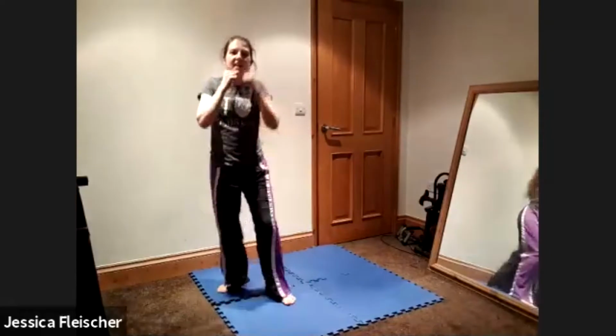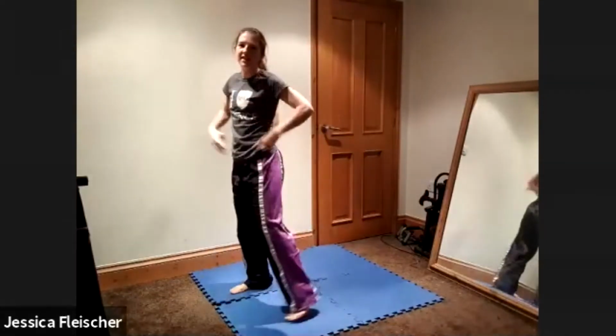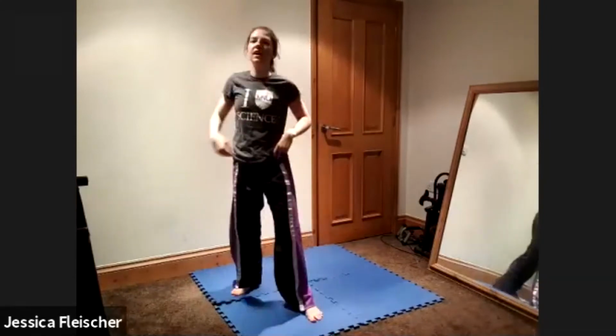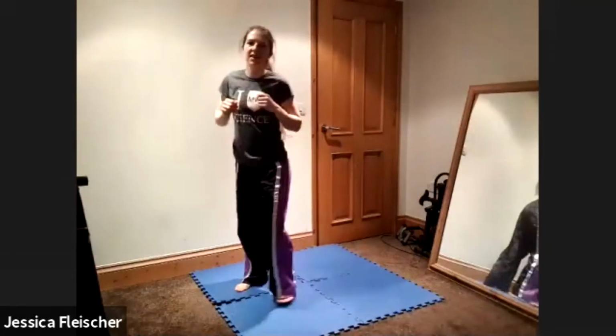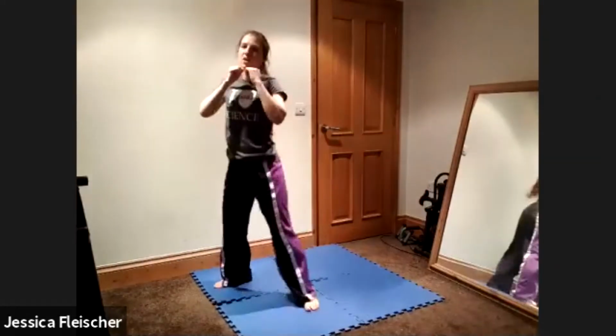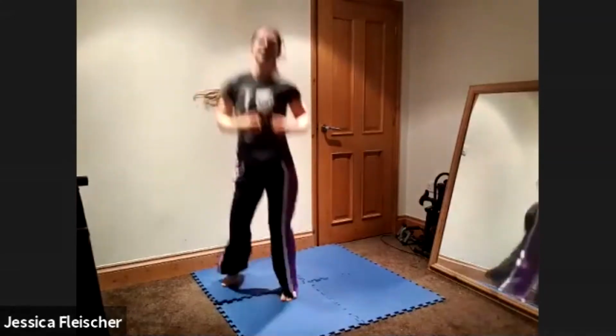And 8, jab, cross, keep those twists on those punches, back to that chin, turn those hips, kick, turn those hips all the way around, kick, back to your stance, finishing strong, only got 2 left. Nice deep breath, picture